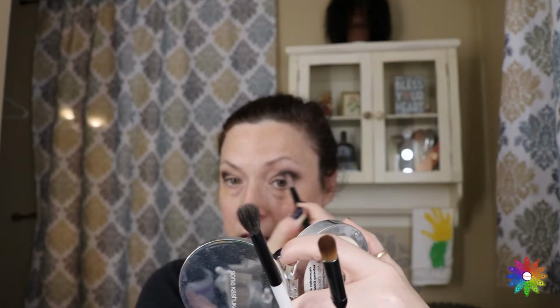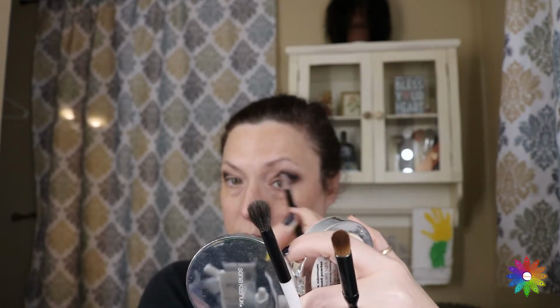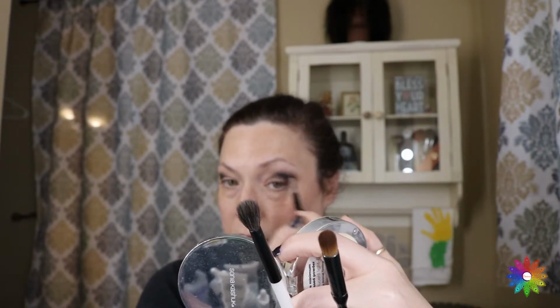And again, we're just focusing right in that crease area. And again, you can go in a little bit more as you add the black in. You can just keep focus here on the outside, and then whatever's left over, bring it there. You're just going to continue to build that. And again, as you finally get to where you want that color to be, you're going to take it, and I bring it straight in,